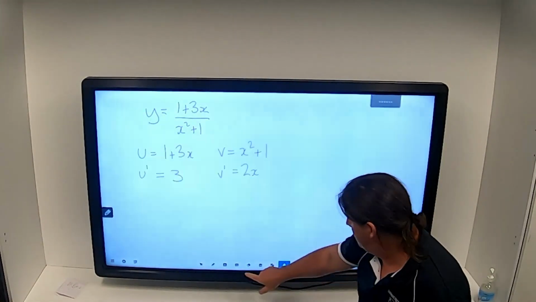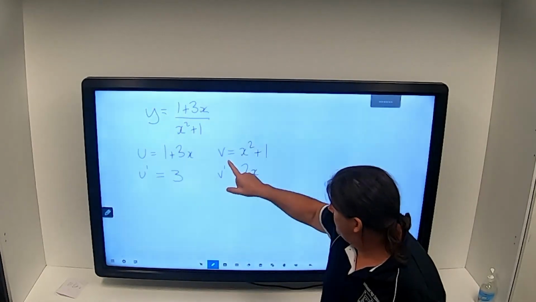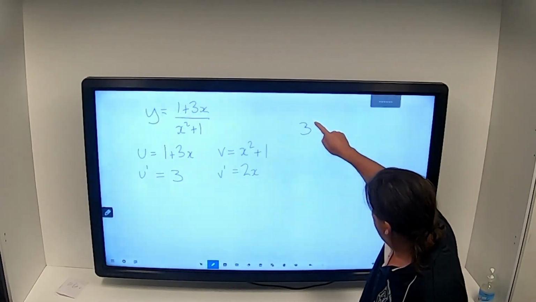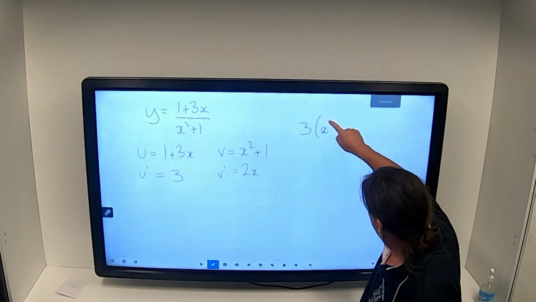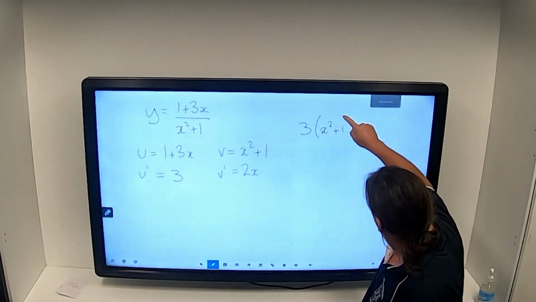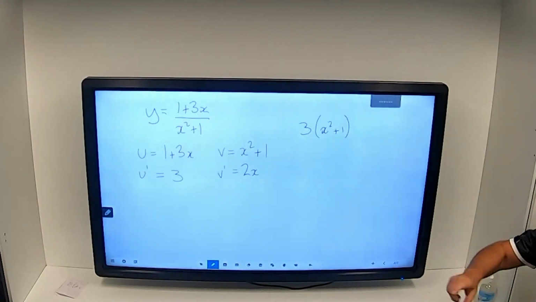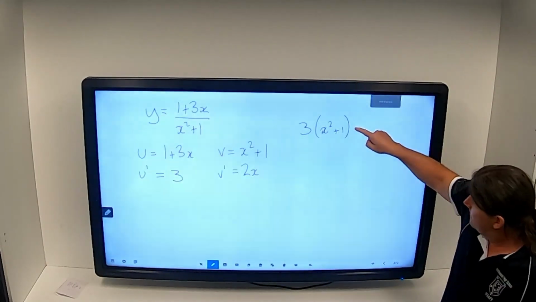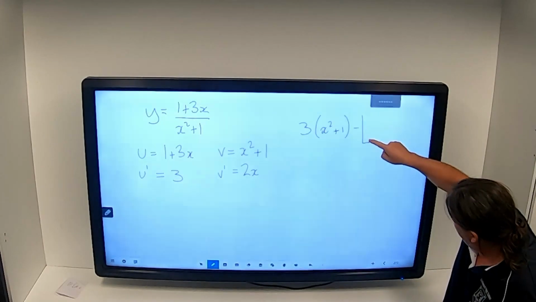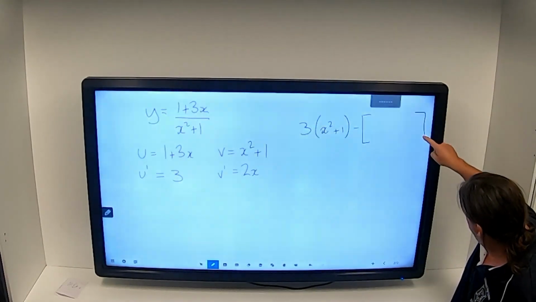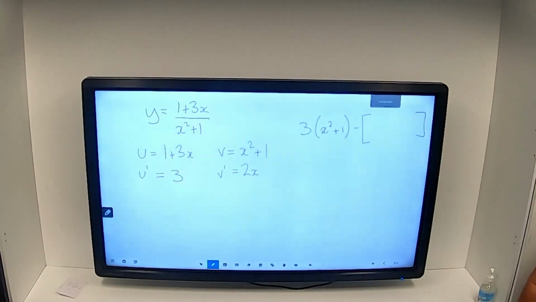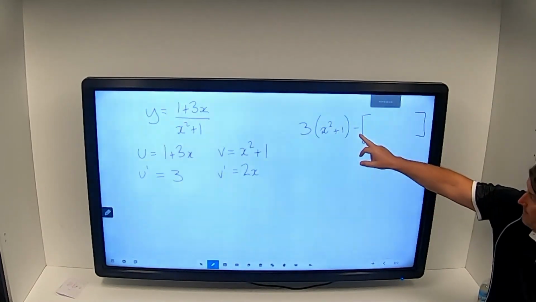So now we apply the formula. U dash v, so we go 3 times x squared plus 1. Now, can I strongly recommend that you do this next thing? When we do the next item, put the minus sign there and put it inside some brackets, some square brackets. Because that minus sign there, as you can imagine,